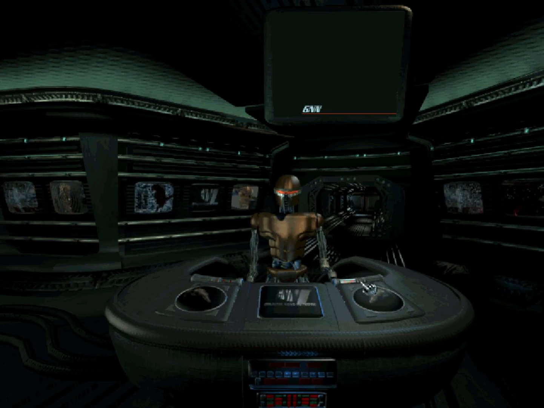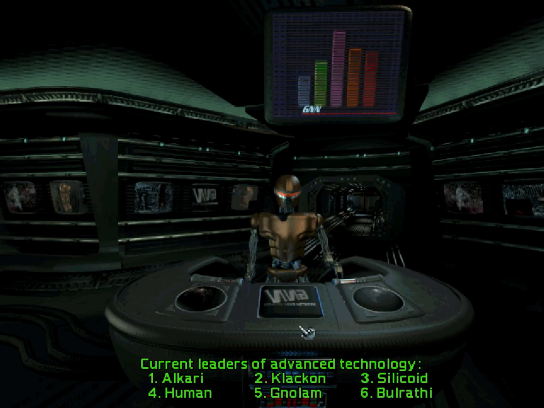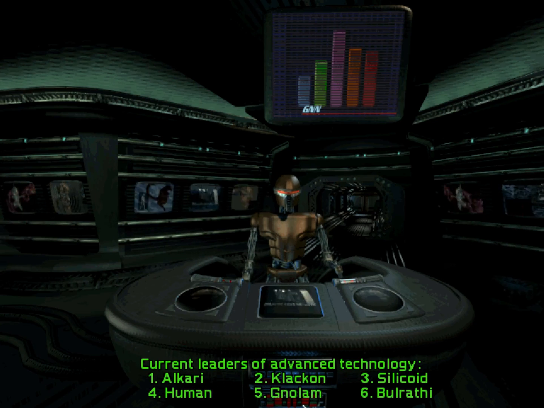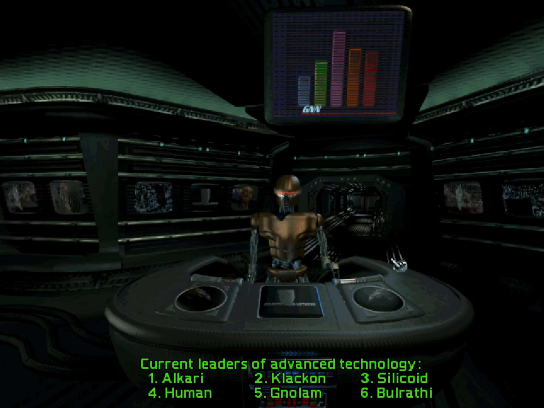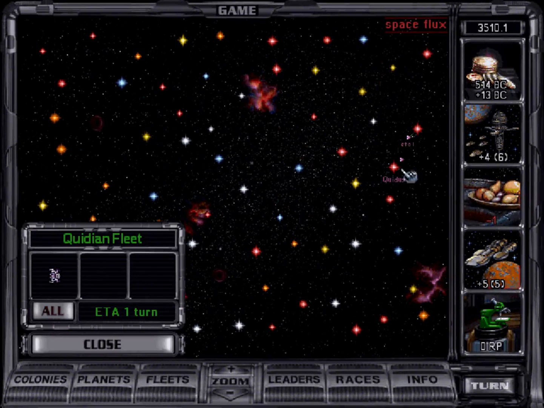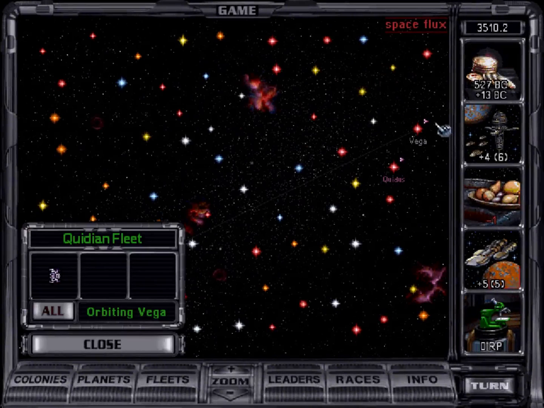Oh, lovely, hyperspace flux, which prevents anybody from moving. Advanced technology, we are not on the list, so we're pretty sucking on technology. Alright. So, once he gets there... Yeah, okay, so that's a really crappy planet. Ooh, stable wormhole, though. Wormholes do not use...